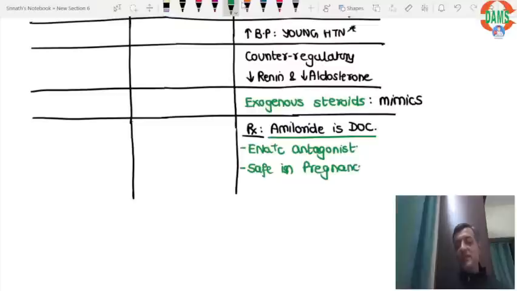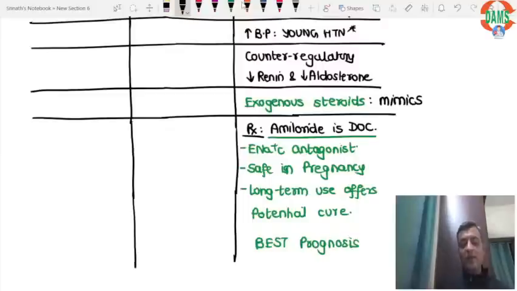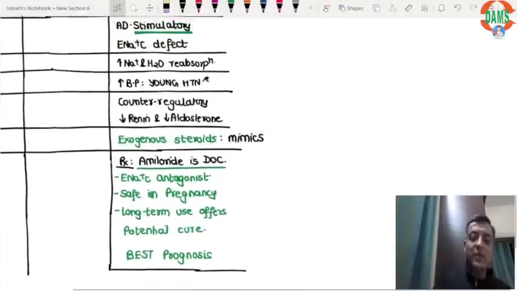So the patient is relatively young, but long-term use of the drug offers potential cure. We have to continue it long-term. Hence, it is associated with the best prognosis. So when you think of Liddle's syndrome, it is the best prognosis suspected in a patient who has presented